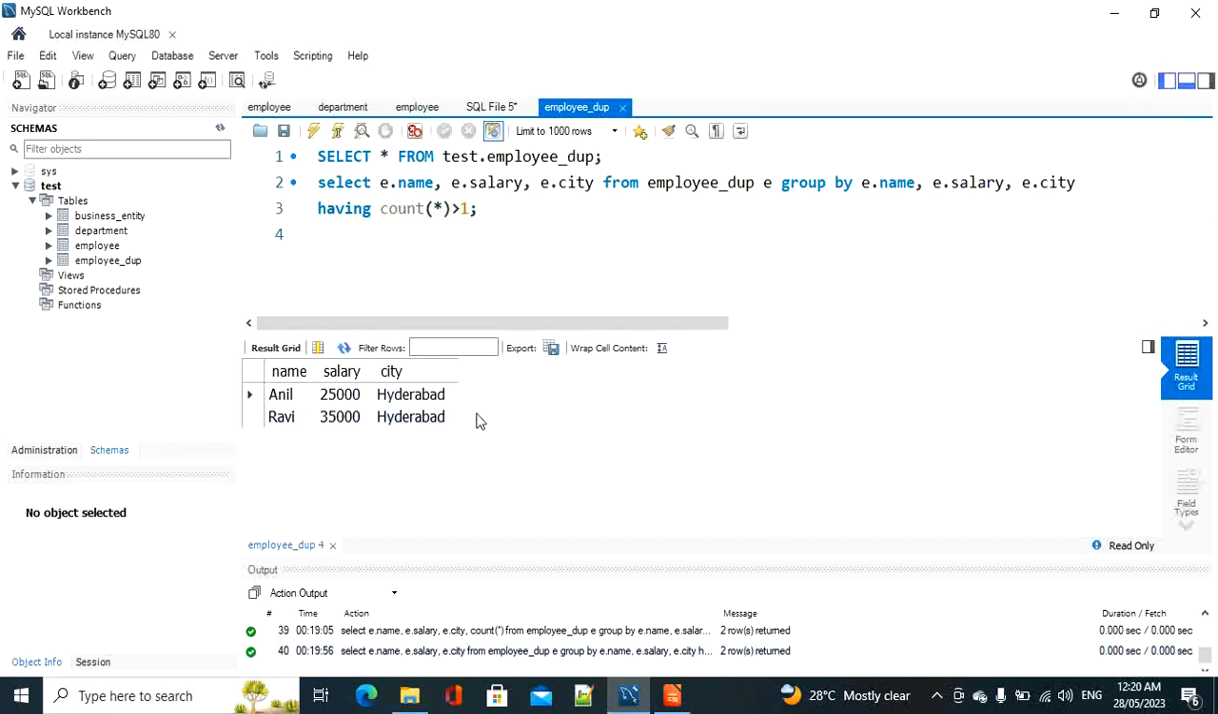Now you may think something like this: employee ID is missing here. Why is employee ID missing? Is there any way to print employee ID also here? For that we need one more approach. So this time what I am going to do is select star from employee e where e.id not in